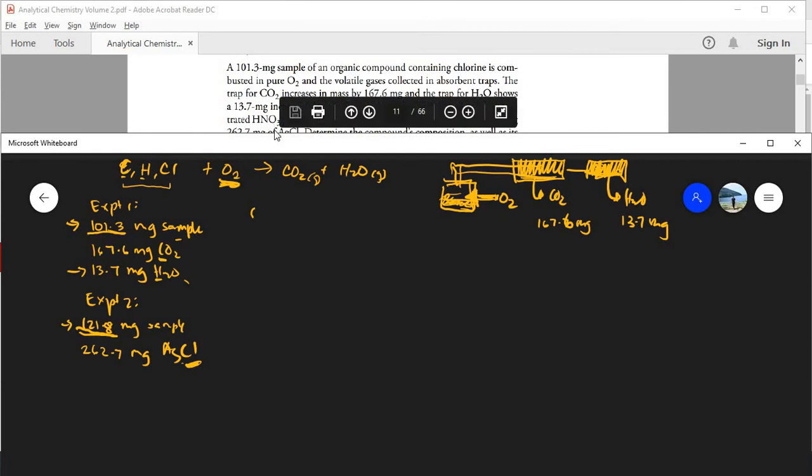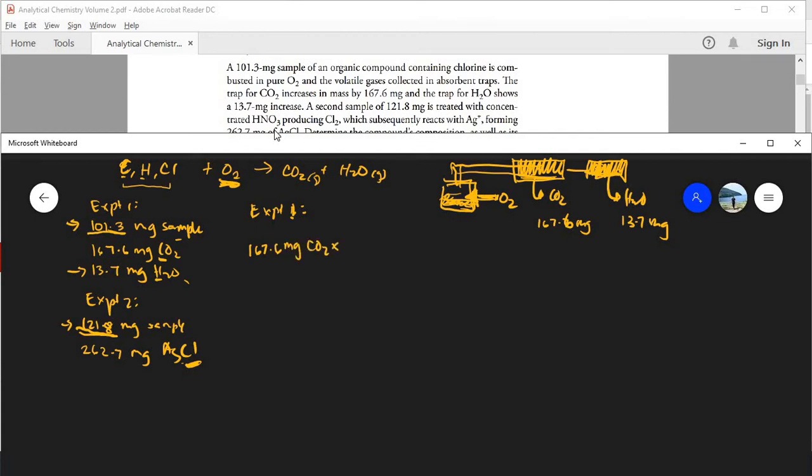Okay, so from experiment 1, we can get the percent hydrogen. Let's start with carbon. So we have 167.6 milligrams CO2 times, that's 16 times 2 plus 12, 44 milligrams, the molar mass per millimole CO2, times 1. CO2 has 1 carbon, right? That's 1 CO2 contains 1 carbon, and then for every millimole of carbon, you have 12 milligrams. So that cancels, and you're left with milligrams carbon. So this is equal to